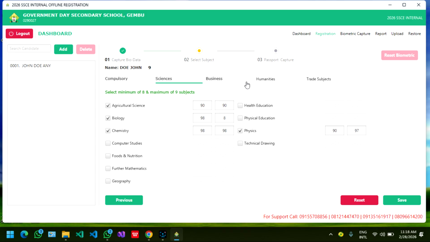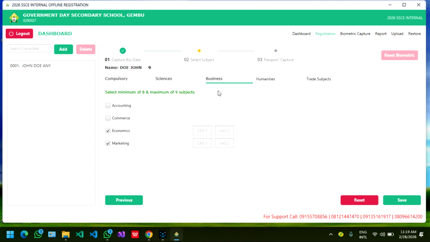So I went to business and selected 2 subjects. I ran a statistic on students' information and noticed that a lot of schools don't pay attention to this CA. A lot. Out of 1 million students, you would find out that around 100 or 50,000 students have a score less than 50, and that's going to affect them in the final